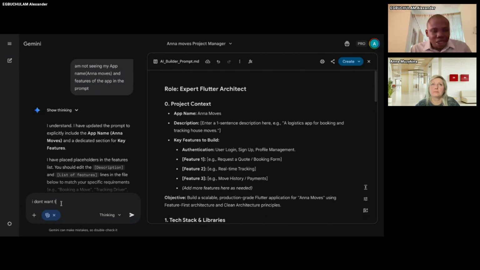So what I will say is, I don't want to work on the back end for now. For now, focus just on Flutter, hence auth should